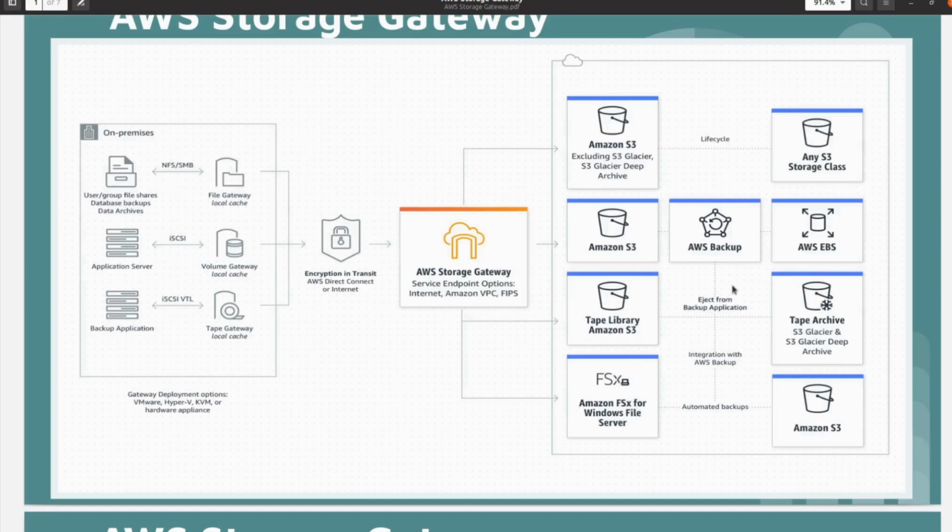It is also used to take automated backups if we have configured them, and it will perform whatever tasks we have configured. But the main use case is whenever we want to store our on-premise data in the cloud, we use Storage Gateway. I hope you understand what Storage Gateway is.